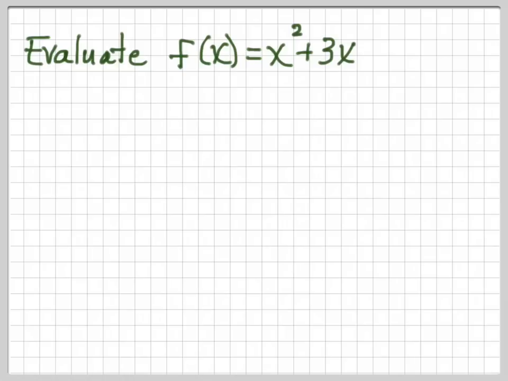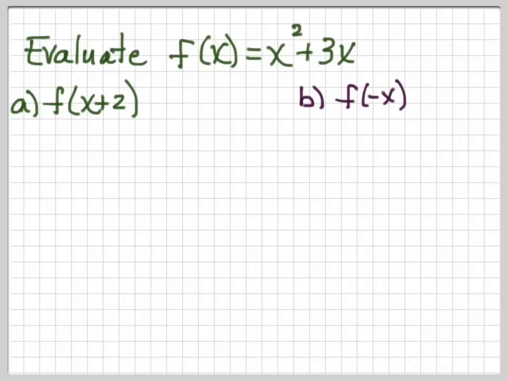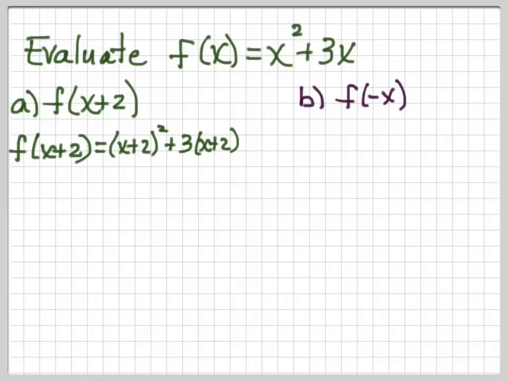Okay, let's evaluate f of x equals x squared plus 3x at f of x plus 2 and at f of negative x. So I'm going to take f of x equals x squared plus 3x, and everywhere I see an x, I'm going to substitute an x plus 2. So this will be f of x plus 2 equals (x plus 2) squared plus 3 times (x plus 2). And if I just expand this, x squared plus 4x plus 4 plus 3x plus 6,